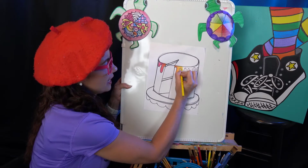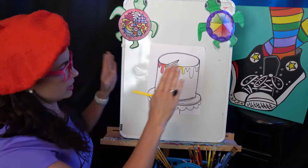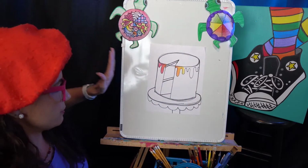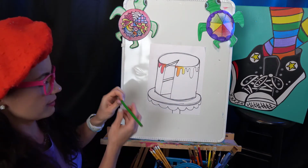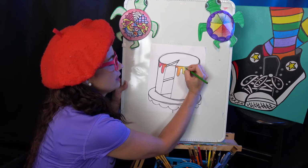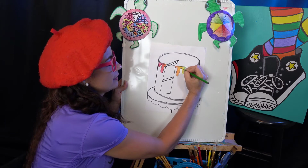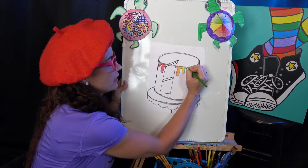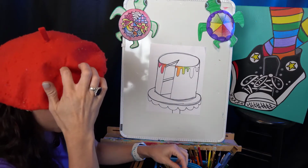So then I have a nice gradation. It just slowly goes from red to orange to yellow. It's a nice calm effect. Then I could get into some lime green and pull a little bit of that in. And then I could go from lime green to